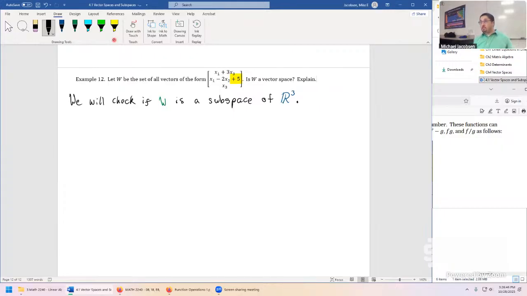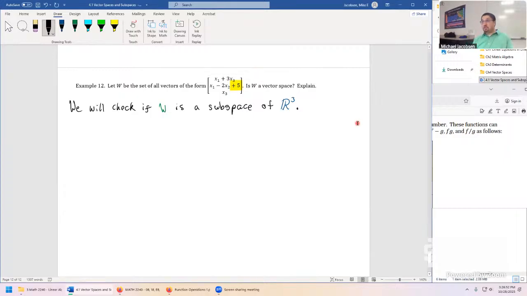The first thing we're going to do turns out to be kind of a misadventure, but it's good to put down on paper because sometimes it's something you might do in homework. This is a pretty common mistake. So we're going to check